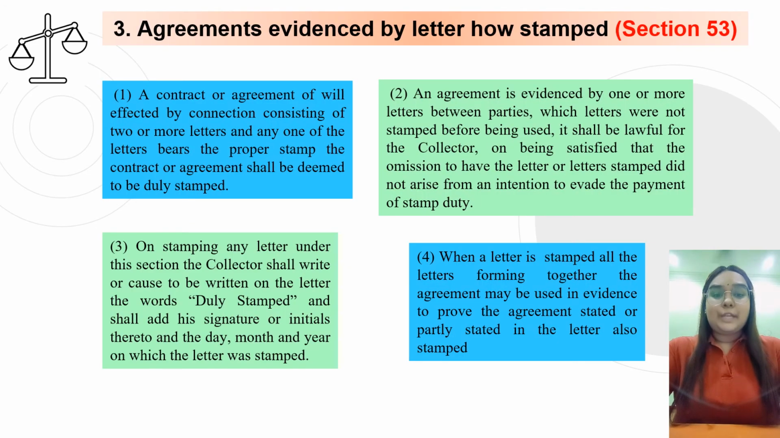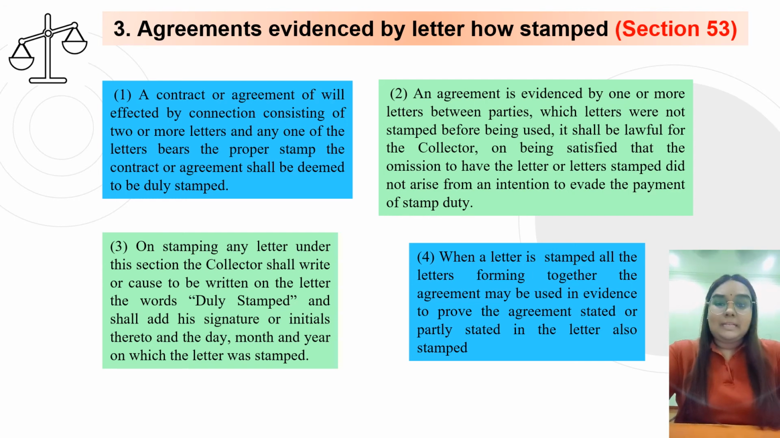Now let us look into the third part, which is agreement evidenced by letters being unstamped, and it falls under section 55 of the Stamp Act 1949. The first subsection states that where a contract or agreement is effected by correspondence consisting of two or more letters, and any one of the letters bears the proper stamp, the contract or agreement shall be deemed to be duly stamped. Following that, subsection 2 states that where an agreement is evidenced by one or more letters between the parties,